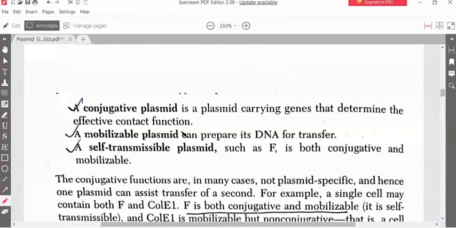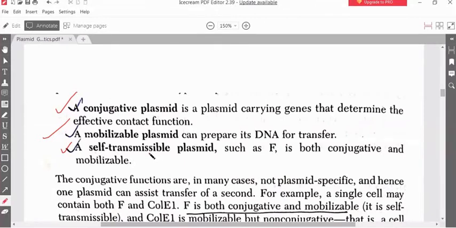Apart from the 5 different types of plasmids, whether the plasmid can be transferred from one bacterial cell to another bacterial cell, from this topic we can differentiate plasmid into 3 different types. One is the conjugative plasmid, another is the mobilizable plasmid, and the third one is the self-transmissible plasmid. So how can one classify plasmids on the basis of conjugative, mobilizable and self-transmissible? It is dependent on whether the plasmid is able to be transferred from one bacterial cell to another bacterial cell